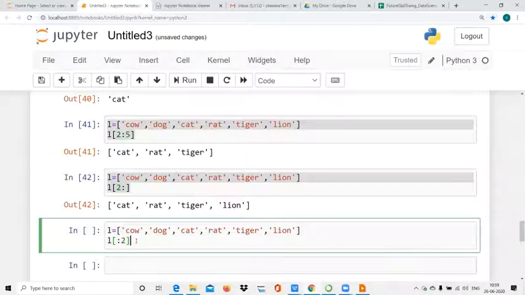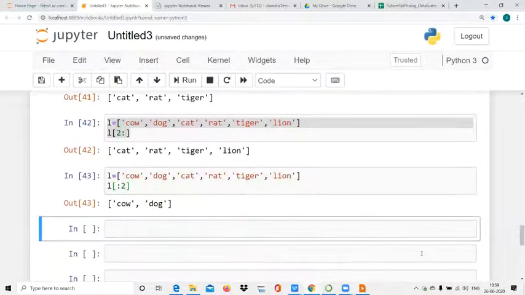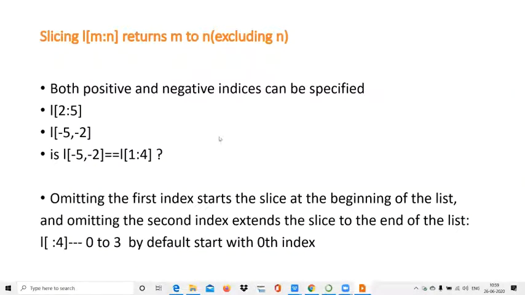So always remember, 2 means excluding 2. So it will print cow and dog. After executing, you are telling. Okay. So you have to remember this in this syntax, m is to n.